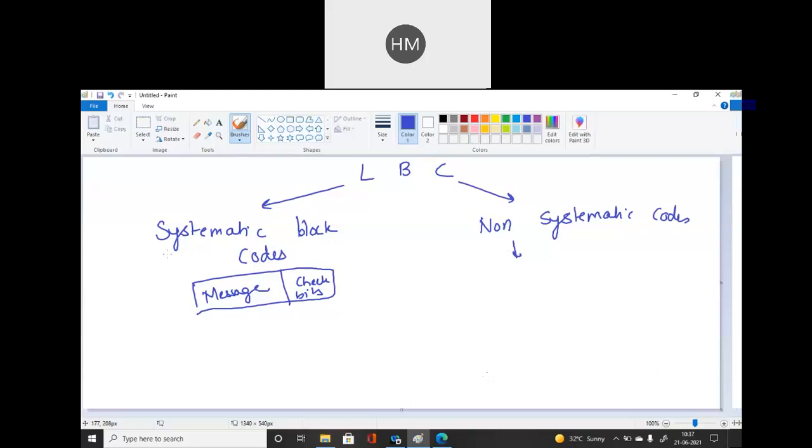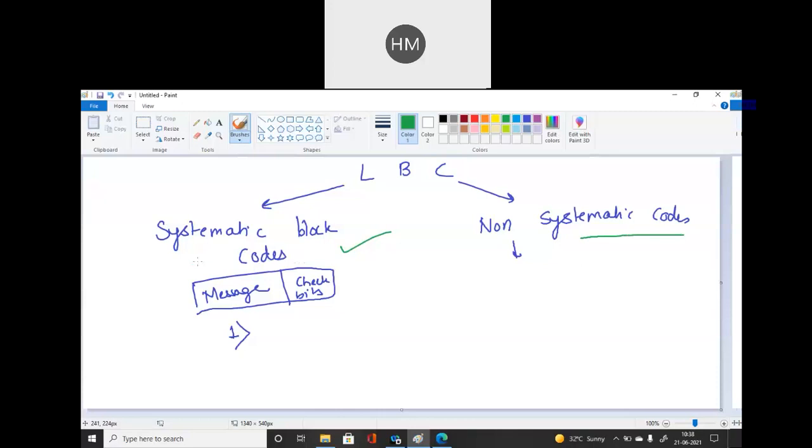Now students, please write down the designing steps. First step, to design a linear block code. And see students, generally in exams, in the question, they always ask you for the systematic block codes. If nothing is written, that means it is systematic block codes only. And if it is mentioned in the question that please simplify it using non-systematic code, then you have to simplify with this method. Otherwise it is always systematic.